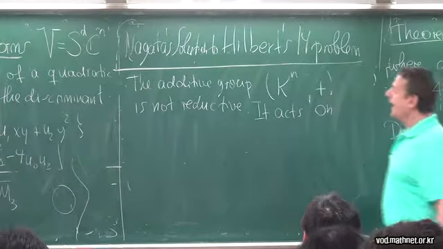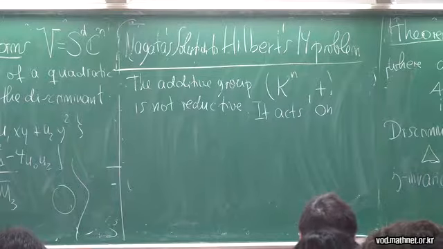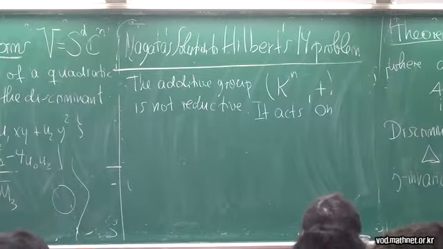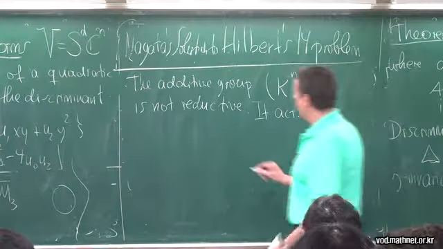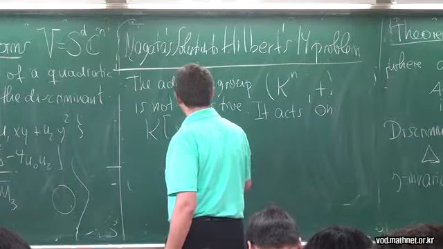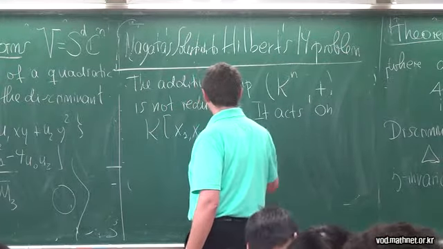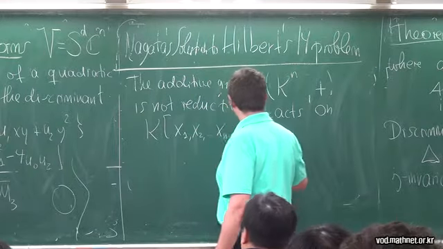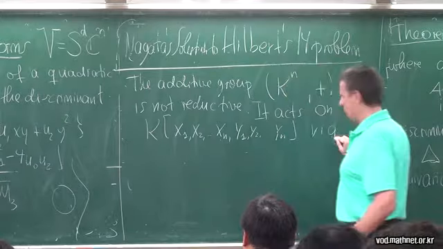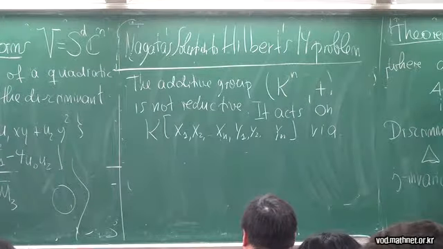I'm going to make it act on a vector space of dimension 2n, so I'm going to represent this by 2n by 2n matrices. And just to save time, I'm going to make it act on the polynomial ring right away, a polynomial ring in 2n variables, x1 up to xn, y1 up to yn,